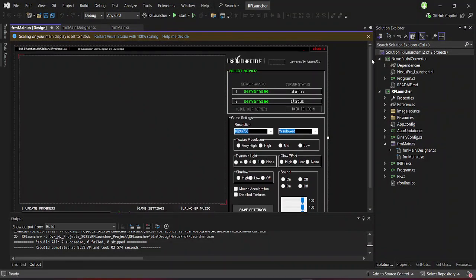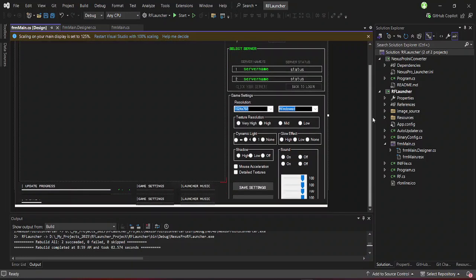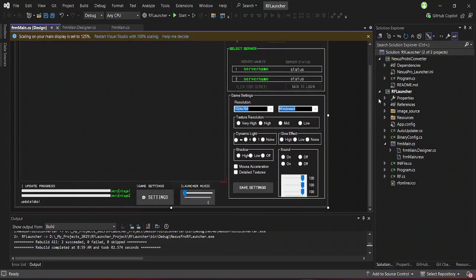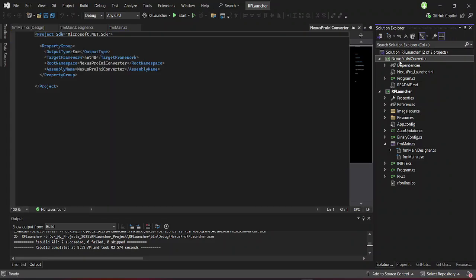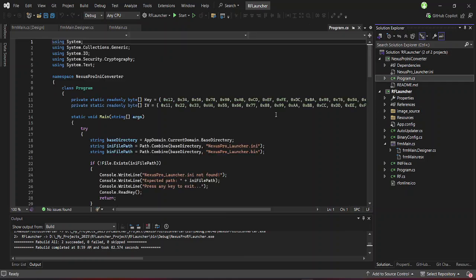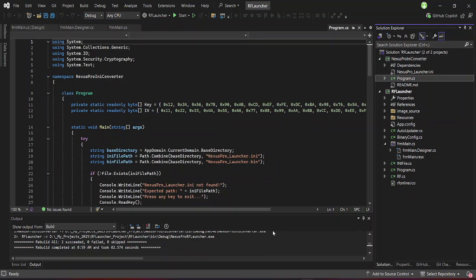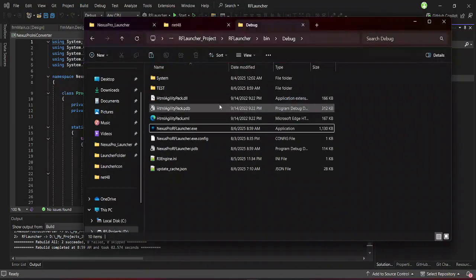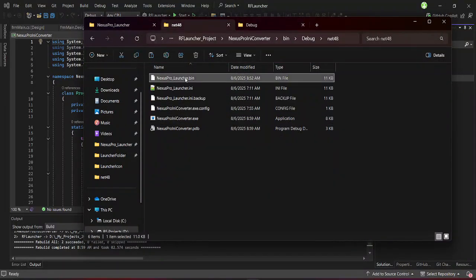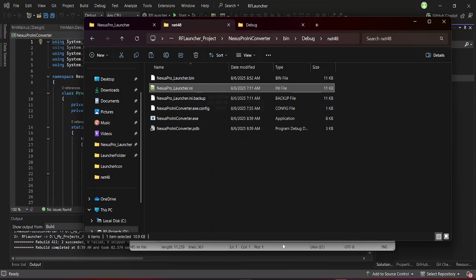So this is my project, RF launcher, and right now I already finished developing the converter. This is the Nexus Pro INI converter. So once you made the new file, for example, you have edited any file,